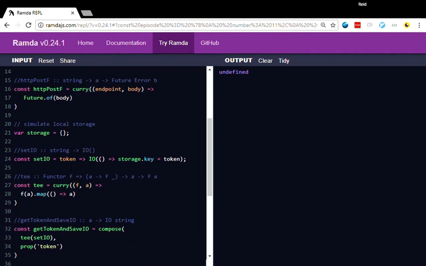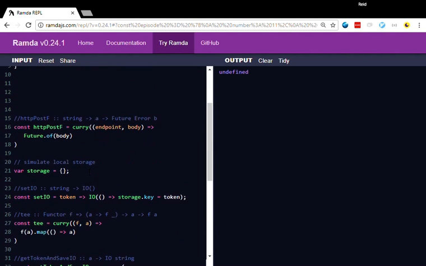So we've got some code here, and it's just broken out. One of the things I'm mocking out here is the concept of an HTTP post, but basically we're giving it an endpoint and something for the body, and we're going to return a future, which is coming from ramda-fantasy in this case. We're just going to mock out the fact that it's a future. We're not doing a promise because a future is pure and a promise is not, because a future is not actually going to do anything here. We have to actually call another method to be able to make that work.